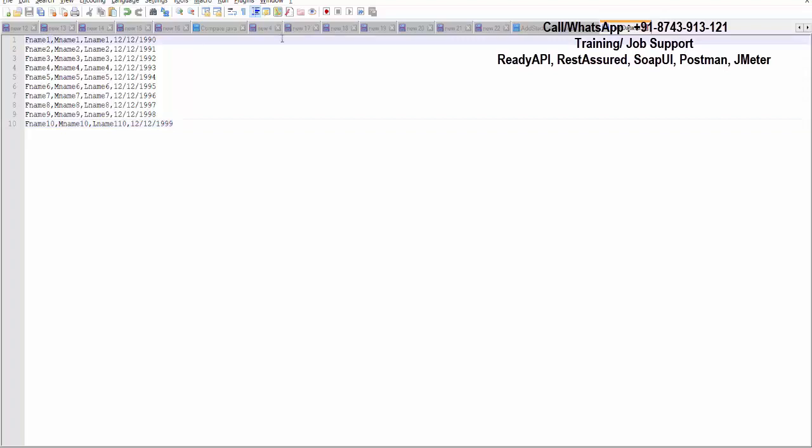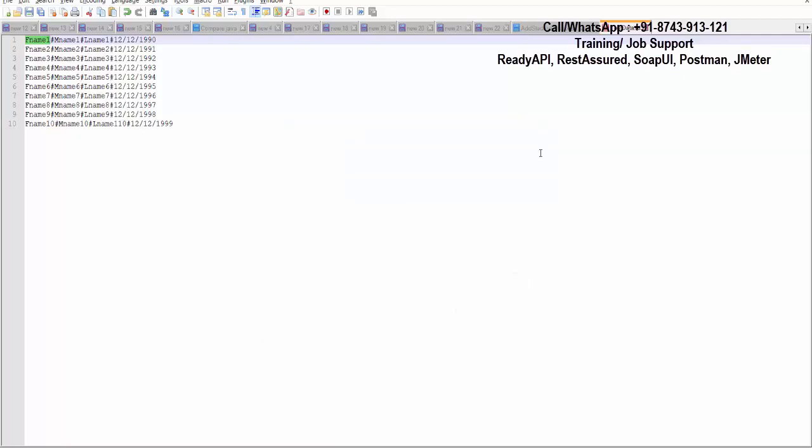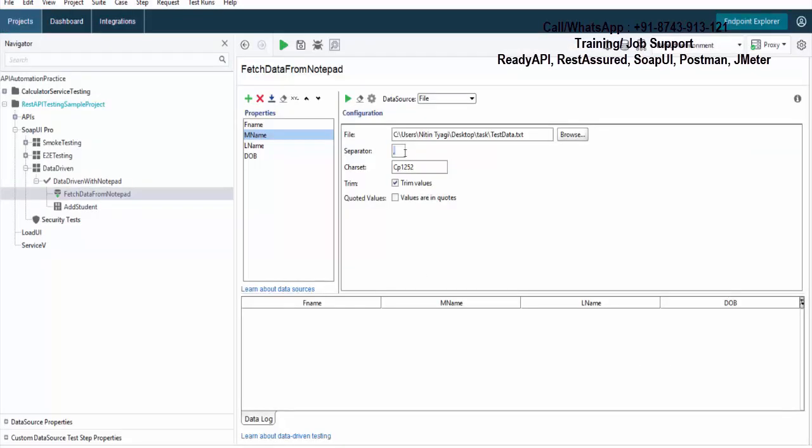Okay, what I do, I'll just replace comma with hash. So I'll say in my file we have hash separated values. It could be anything. So here in the place of comma, I'll just mention hash, like in my file, values are separated by hash. Everything is done. Now, before using these values, I want to check, did I make all the configuration correctly?